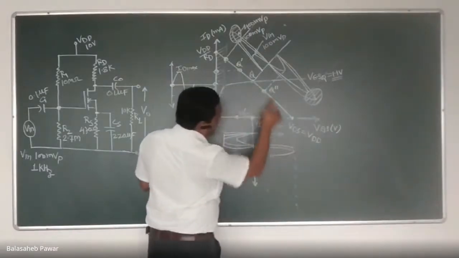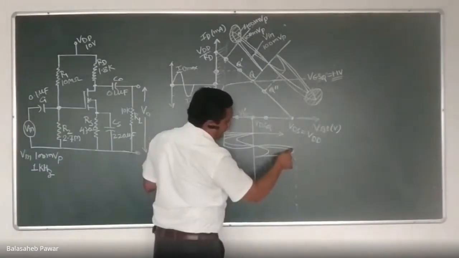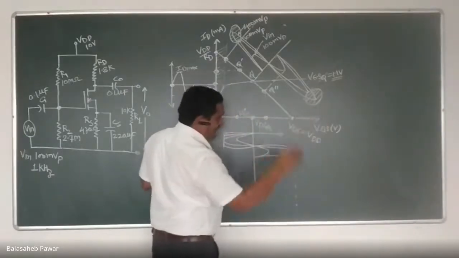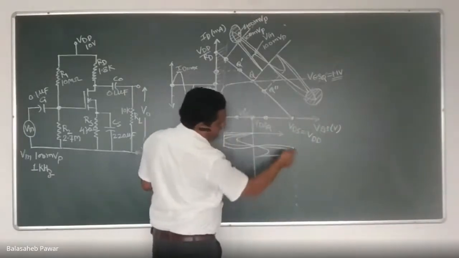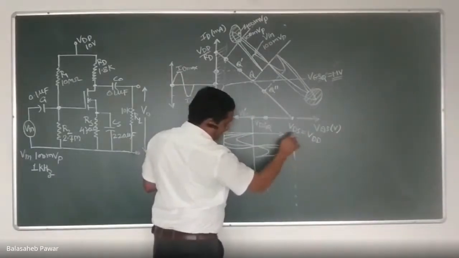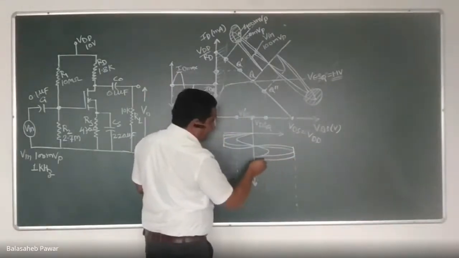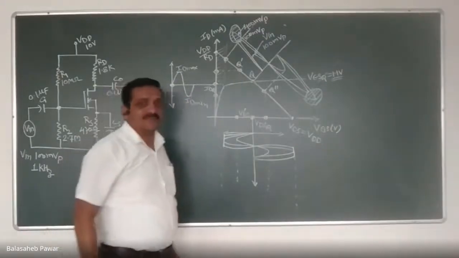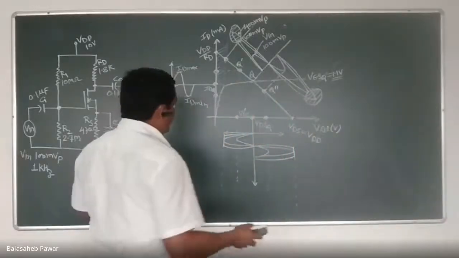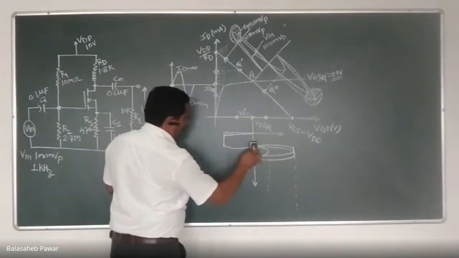See, during the negative half of the input, up to over here, the output will follow the input, correct? But later on, the input is still increasing, but the transistor gets turned off, and hence the voltage across that transistor will be a straight line. Clipping will be there, and that is VDS equals VDD as a fixed voltage, and again later on it will follow the input. So see what is happening in this case. If you are not getting it properly, I will remove those first two conditions, and then you can observe the signal.